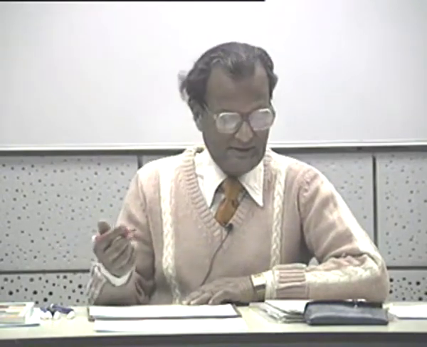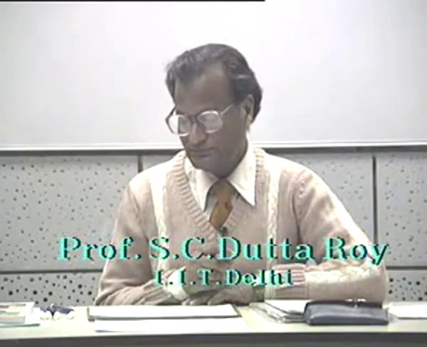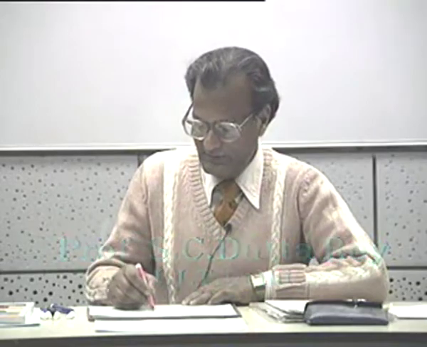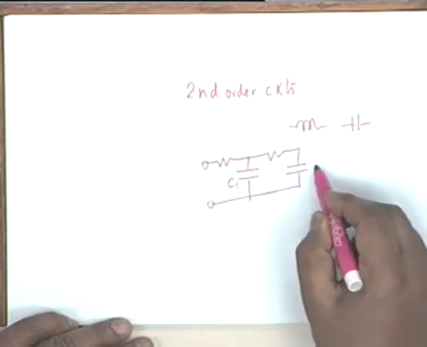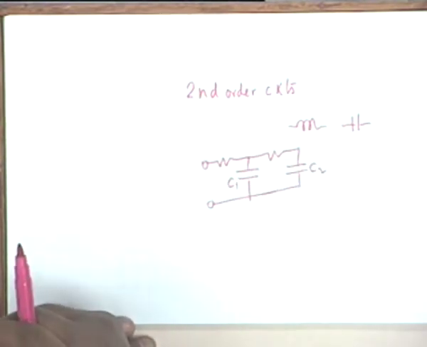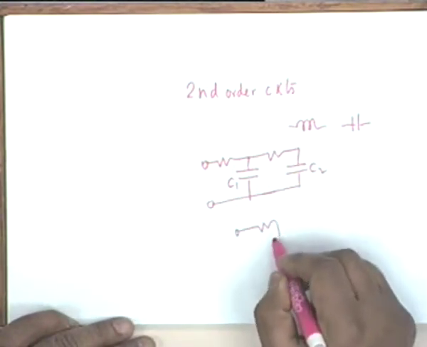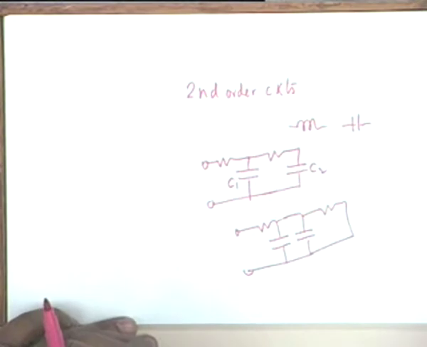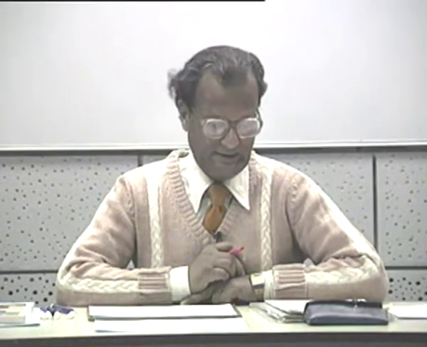All right. So in a second order circuit, as you know, first thing is there must be two energy storage elements, which, if of the same kind, must be non-trivially connected. For example, this circuit, here the two capacitors C1 and C2 are non-trivially connected. You cannot combine them into one. So this is truly a second order circuit. On the other hand, if you have something like this, well, obviously this is a first order circuit. All right, this is a first order circuit. So two energy storage elements are needed. If of the same type, they must be non-trivially connected.